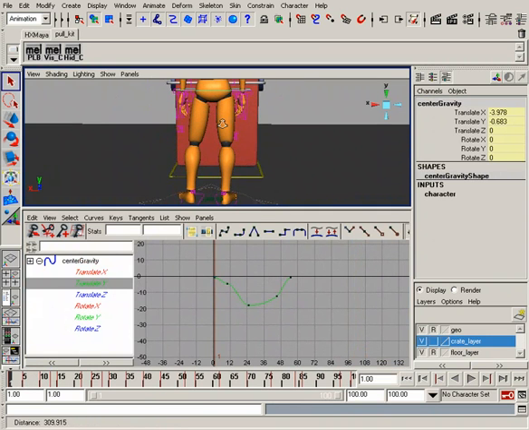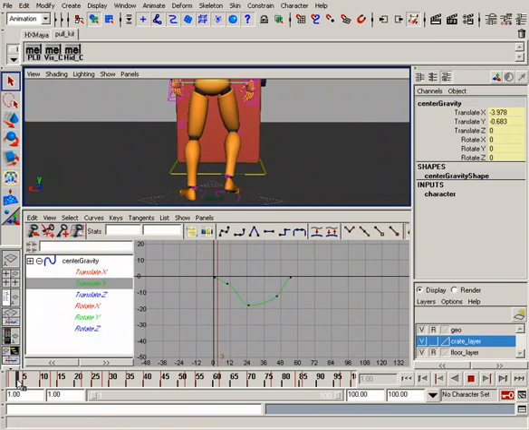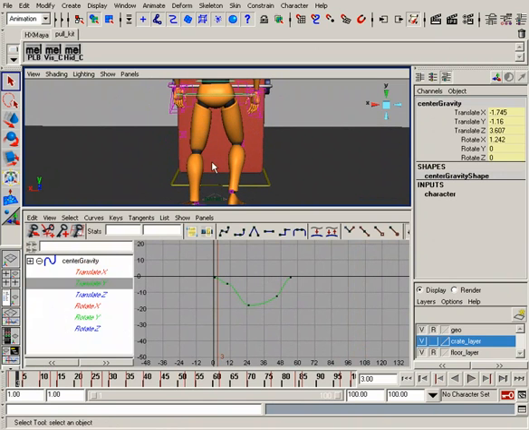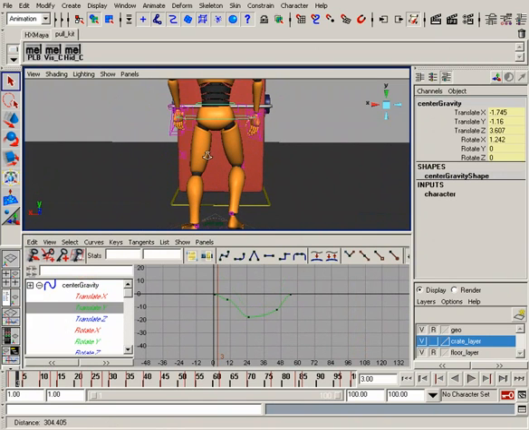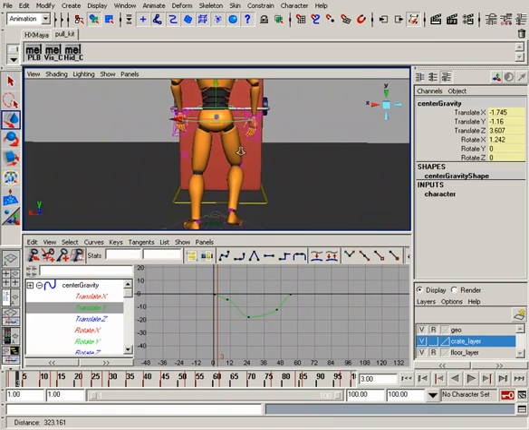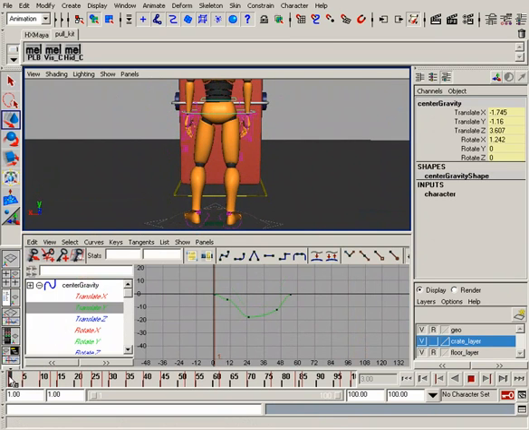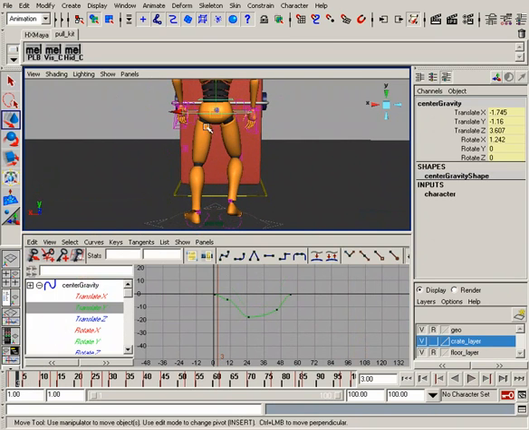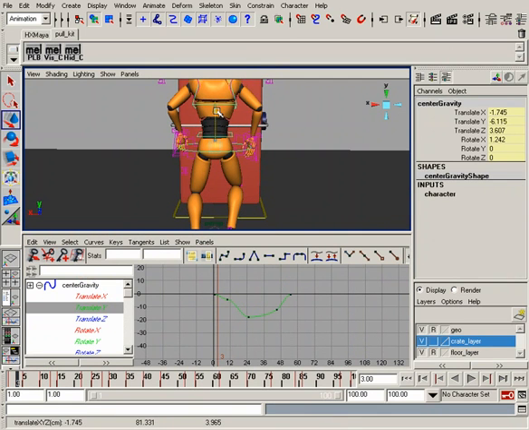So here we have the character stepping up, and what we can do here is add a little bit more fun to this move. Rather than having him just move up with his right leg coming up, rather than translating him up there, what we can do is actually have him move down to add a little bop to it, just for entertainment reasons. So we can say he's anticipating the move up. So we could go down to frame 3 and actually translate the character down